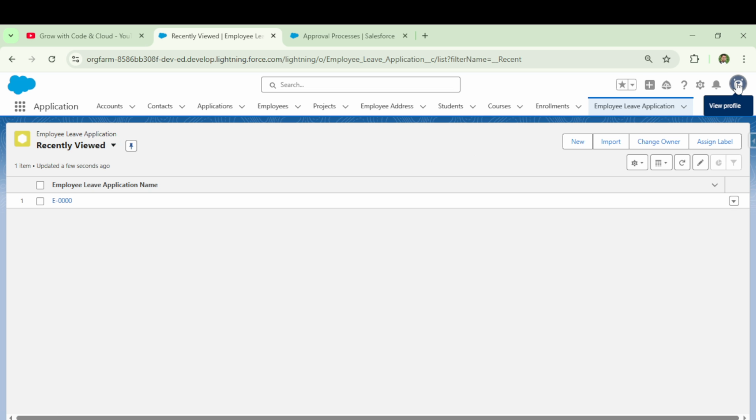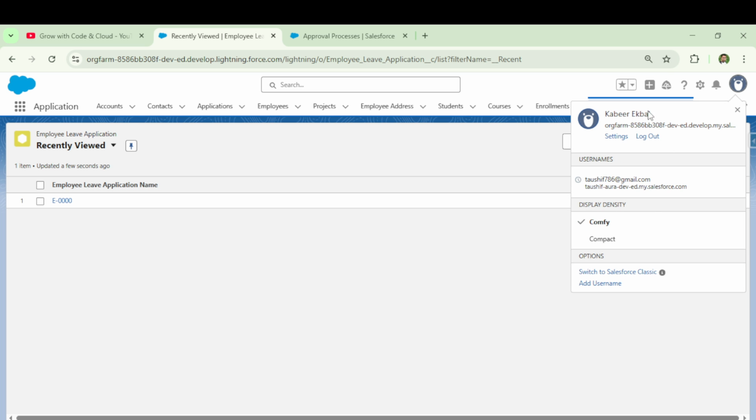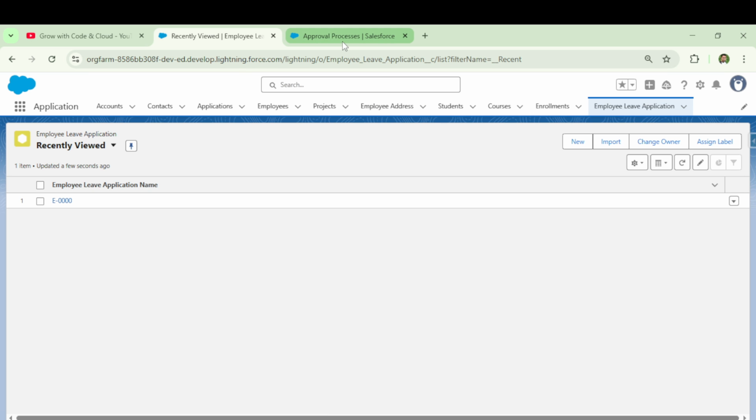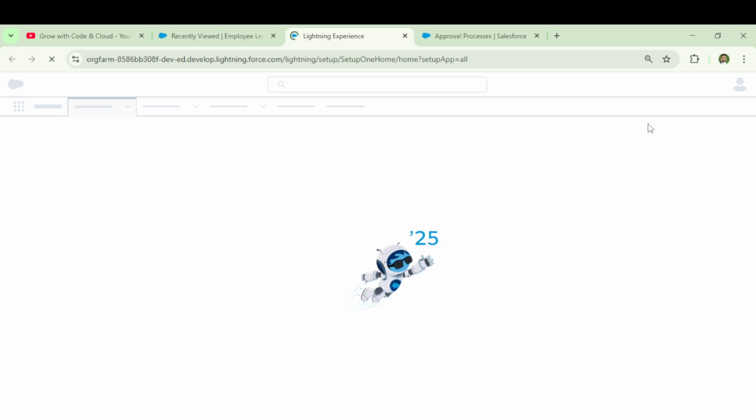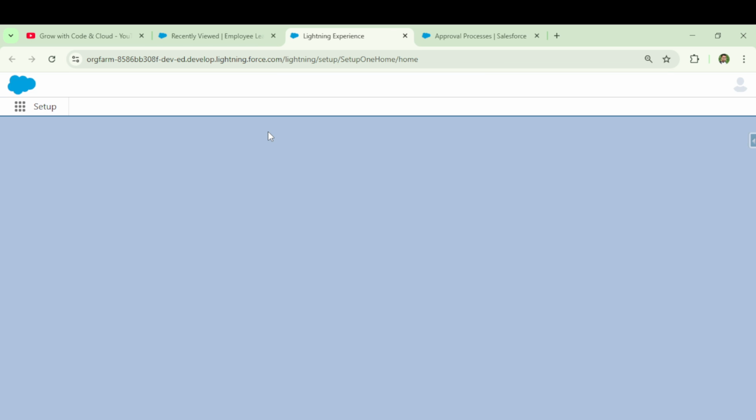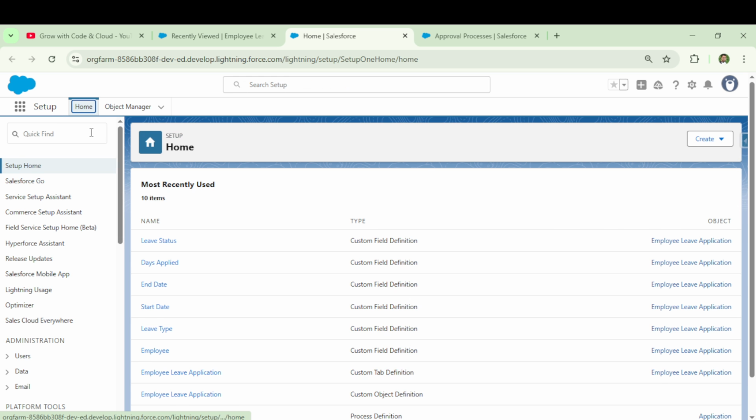I am logged in as a system admin and I do not have any approver manager. So I will have to log in as a user who has an approver manager. Go to setup and search user.